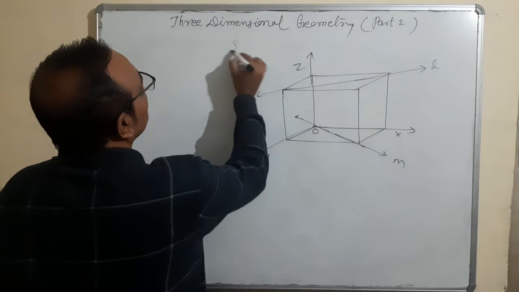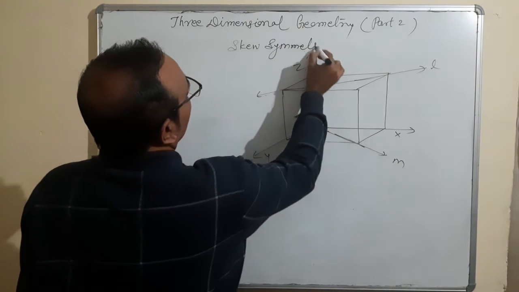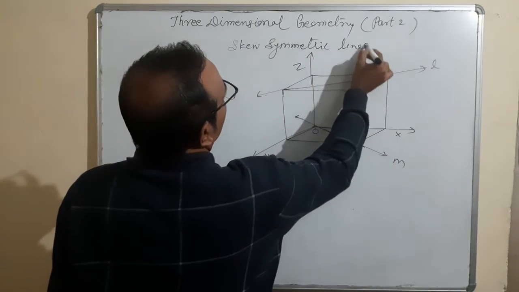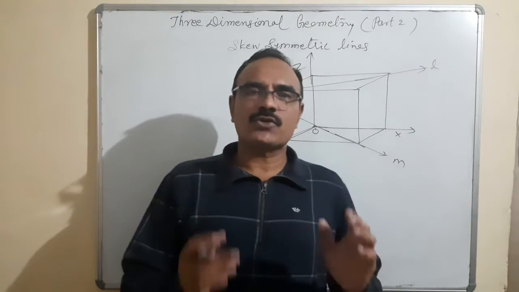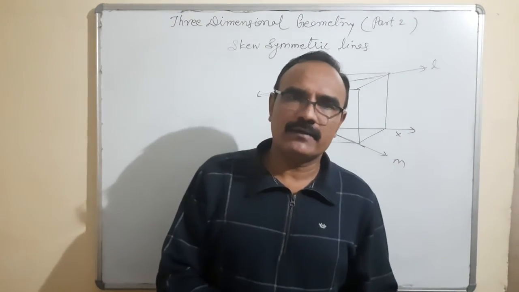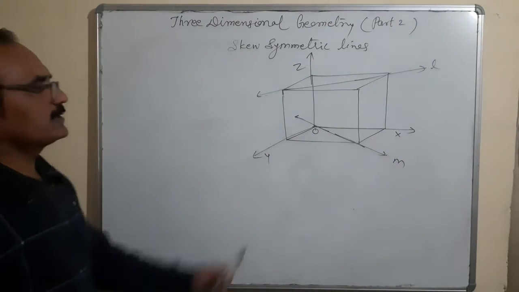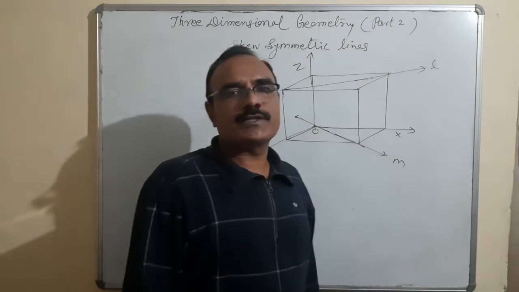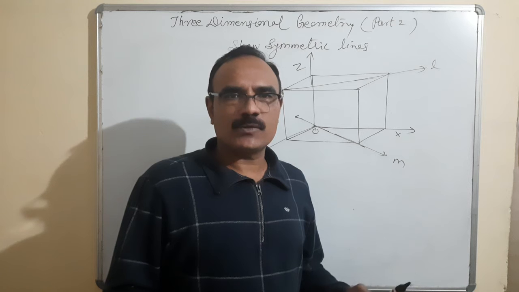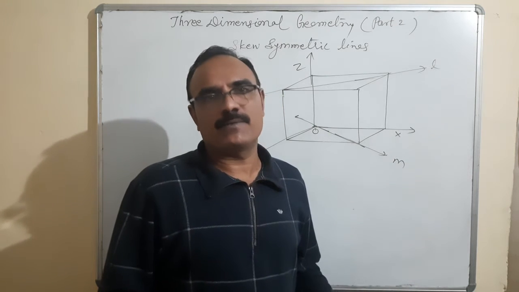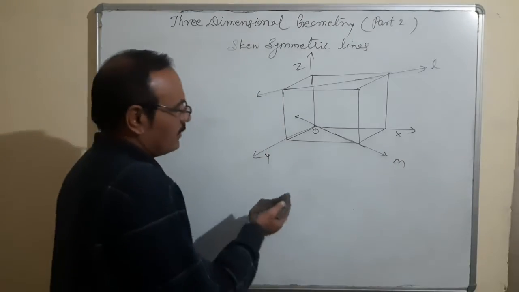These are skew lines. And we are going to find the shortest distance between two skew lines. So this is the concept of two skew lines. That means in space you have understood a new thing, that it is possible for two lines to be not parallel and not intersecting, but it is possible only in 3 dimensions. It is not in 2 dimensions.